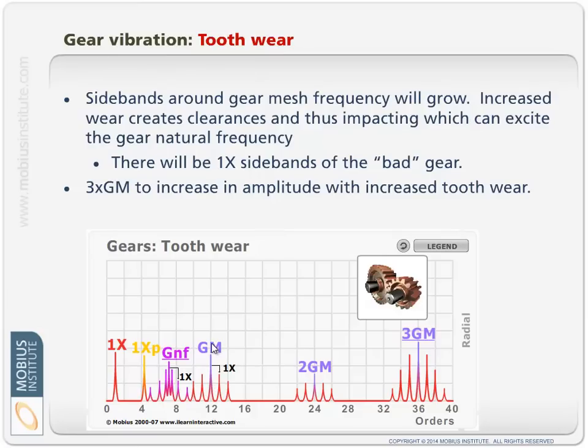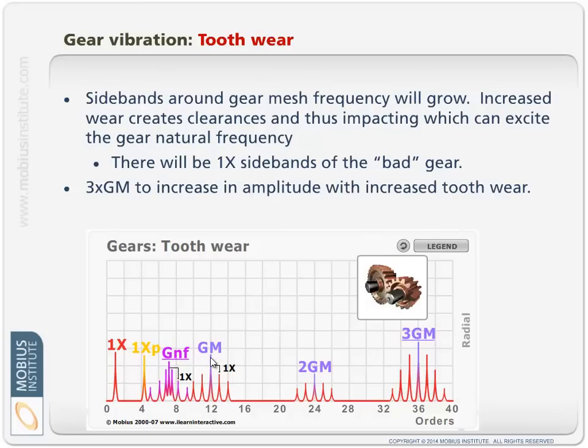If the teeth are wearing, there's no real reason for a change in the cyclical force of the gear mesh. The force between each gear mesh doesn't necessarily change from one point on the gear to another point as the gears turn. Therefore, modulation isn't the real big issue in this case. Remember, modulation occurs when the force in that gear mesh changes per rotation. But if the teeth are all wearing basically evenly, then we have a heightened amount of vibration at the gear